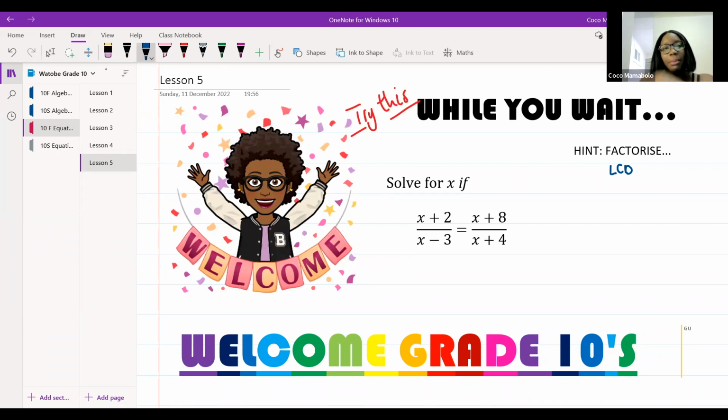So I'm waiting to see if anybody's got an answer for me. If we're looking for our LCD, remember, if I had 1 over 3, or 1 over 3, to find my LCD, I would just take this one and this one, and then I'll figure out which one is missing on which. All right, so 1 more minute, everyone. Tell me if you do find it out.